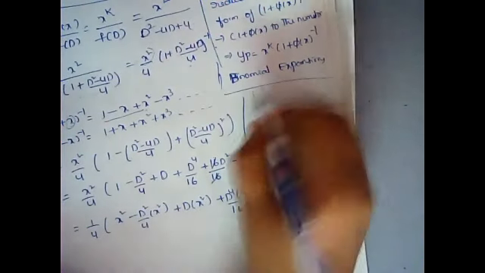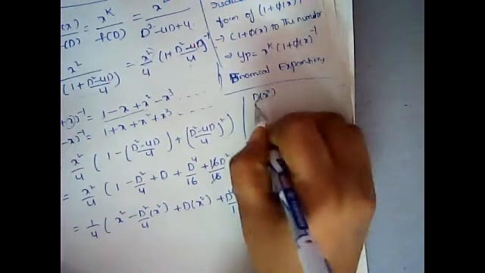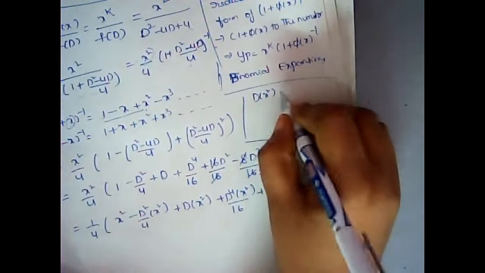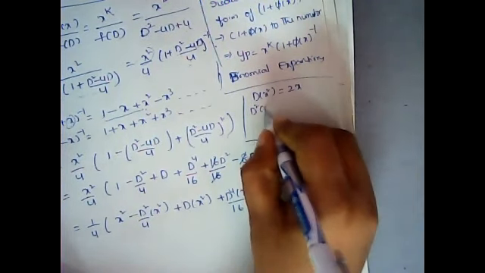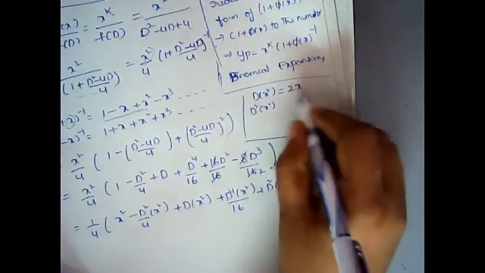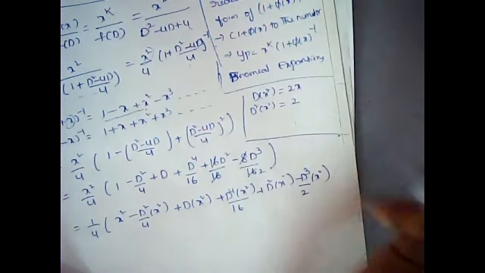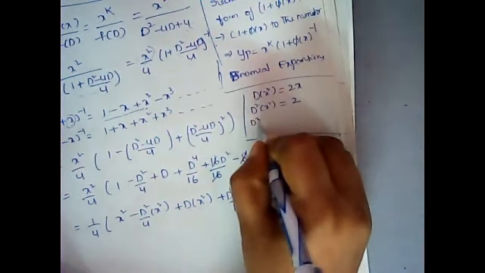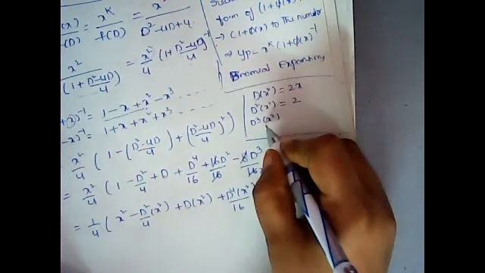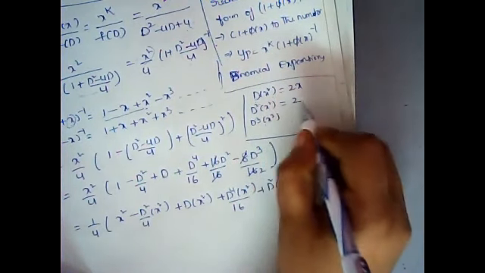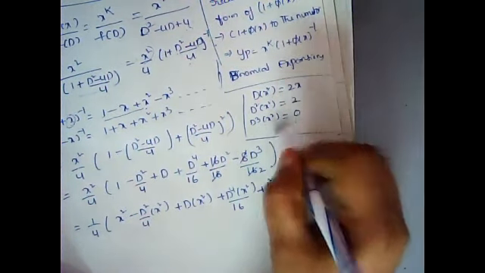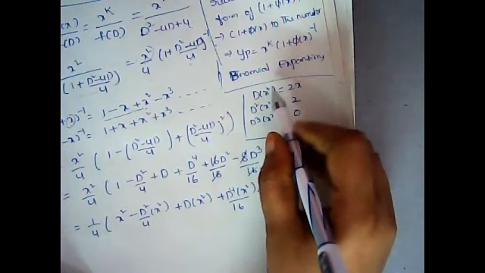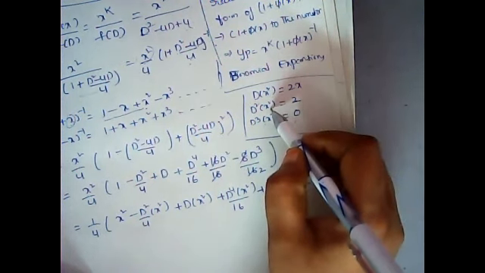So before going to it, so let us take what is the first derivative of x square. D of x square means derivative of x square. Derivative of x square means 2x. And what is the double derivative of x square? Again, do the differentiation of 2x, you will be getting here 2, right? And what is the triple derivation of x square here? So triple derivation means we need to do the differentiation for this constant too. So differentiation of the constant will be equal to 0. So means for x square, you will be getting only single derivation and double derivation.